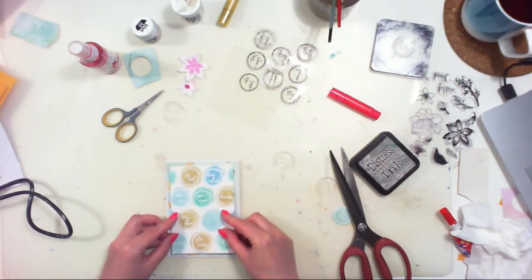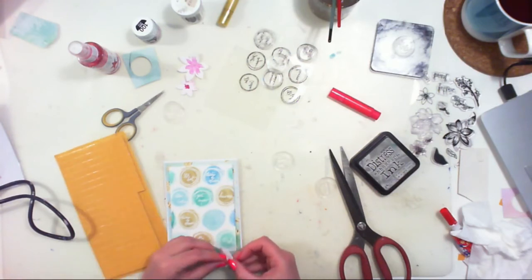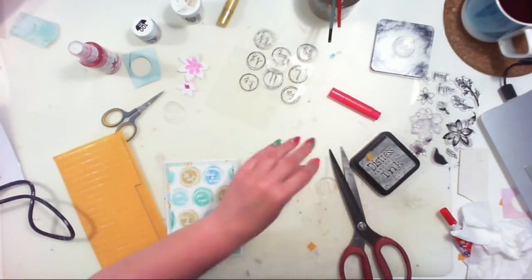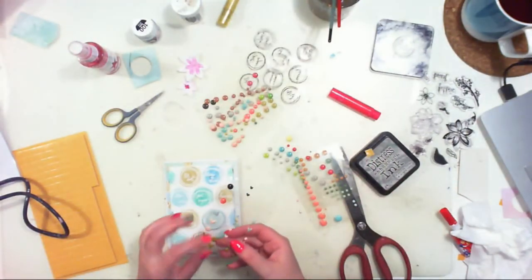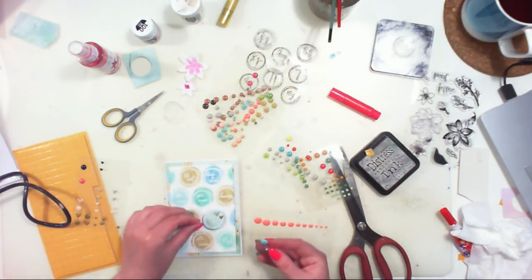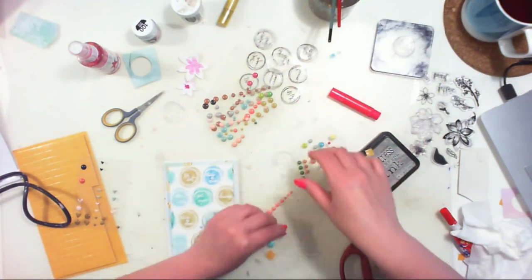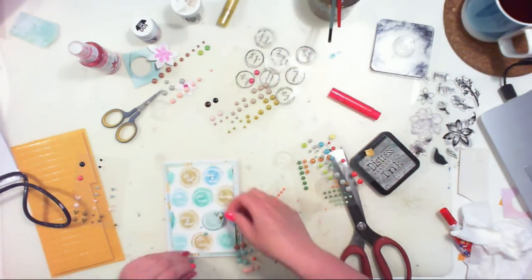I am not sure. I think I splashed the card with the gold mist, but I will have to wait for it to be sure. Oh, I also added few enamel dots over the card, some hearts and blue enamel dots,